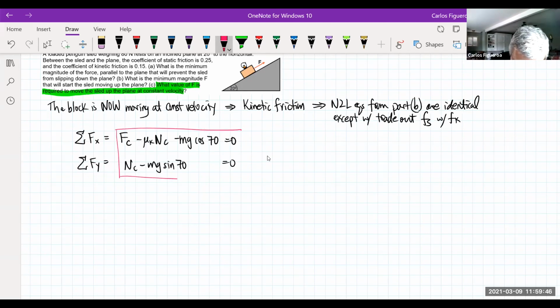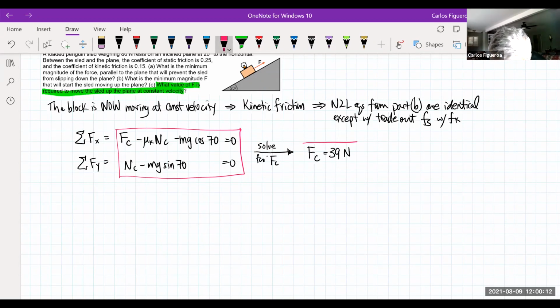So since the solving of this problem is identical, then what I'm going to say here is that I'm just going to solve for f of c. And when you do that, this is what you get. It's the exact same equation, but look at the 39. So I now have a force F of C that's 39 newtons. So if we're going up the incline, so in summary,